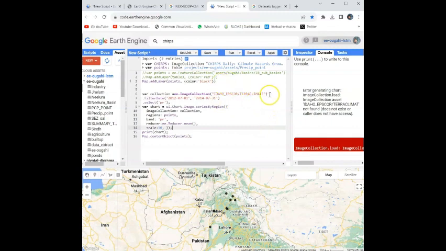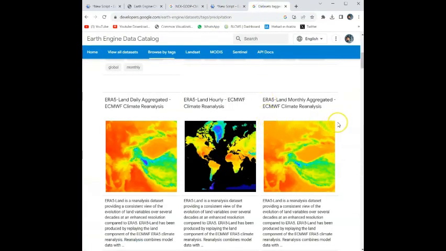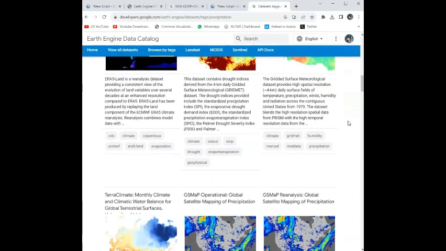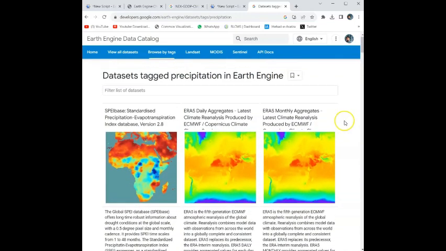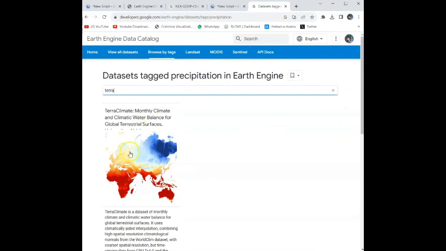Here we are using the climate dataset, and for the band, I can show you the TERRACLIMATE dataset. Here you can use Terra. Yes, this is the dataset,